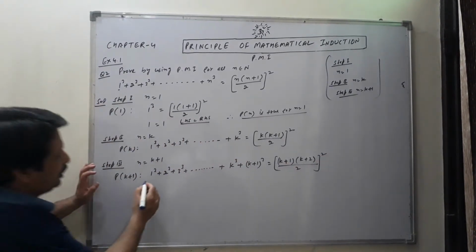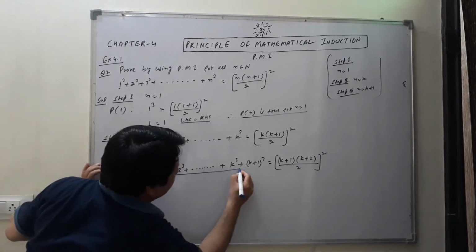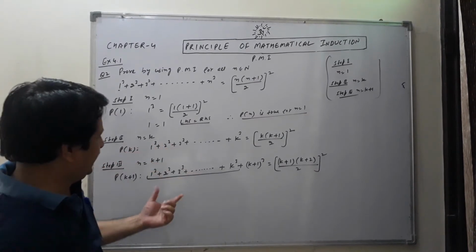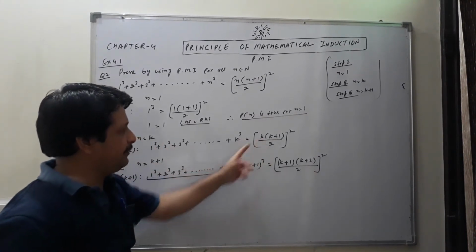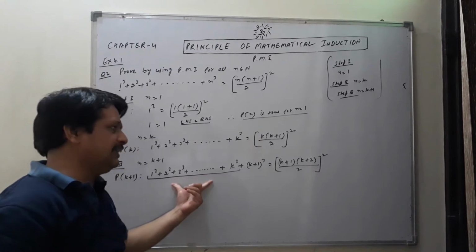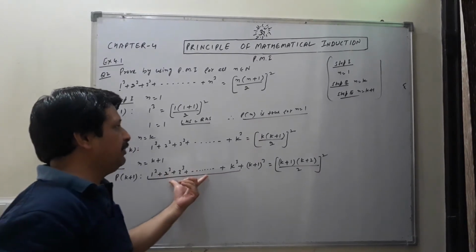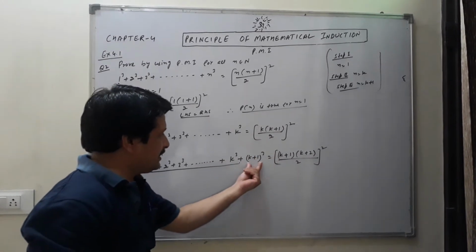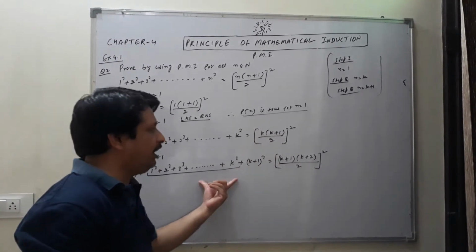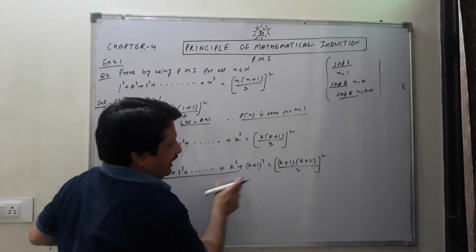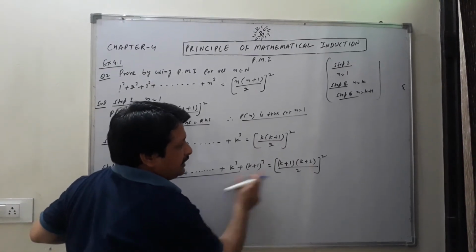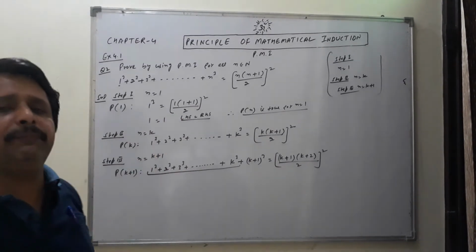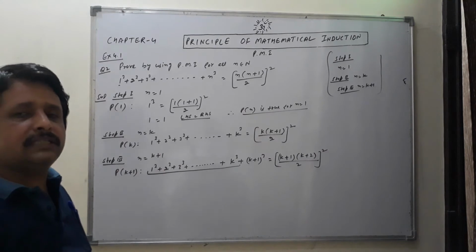So earlier I have told you, students, if you see up to here, from step number 2, its value we already have. So what we will do, we will take the left hand side, up to here we will put the value from step number 2, and then k plus 1 cubed. We will solve it. Whatever value comes when we solve will be equal to the right hand side. This is the main thing you have to keep in mind while doing step number 3.